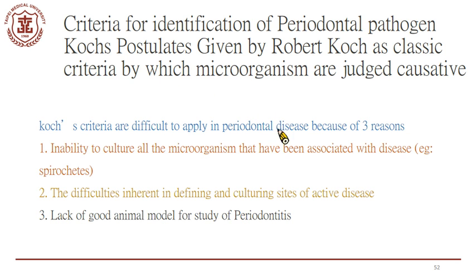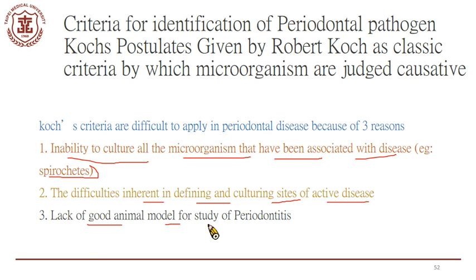These criteria are difficult to apply in periodontal disease for three reasons: the inability to culture all the microorganisms that have been associated with disease, like spirochetes; the difficulties inherent in defining and culturing sites of active disease; and the lack of a good animal model for the study of periodontitis. Of course, we have different stages and classifications. Reproducing that in an animal is super difficult, okay? Because usually when we diagnose periodontal disease, we are diagnosing the stage of the disease. If you are in an early stage, it's not a big deal. If you're in the middle stage, okay, it's a chronic problem. If you have developed a highly progressed disease, you have way too many bacteria,